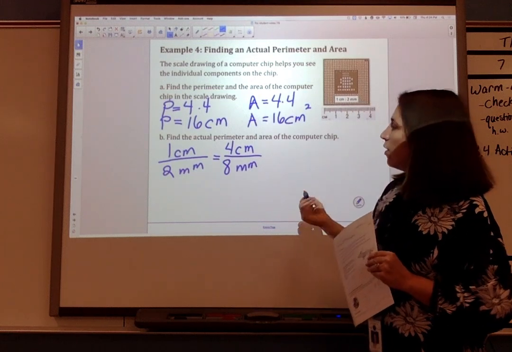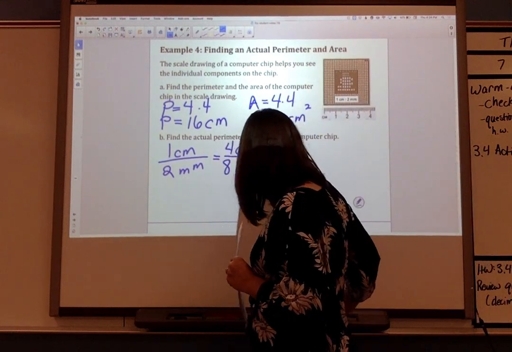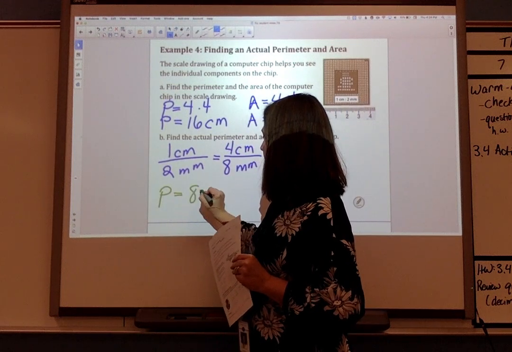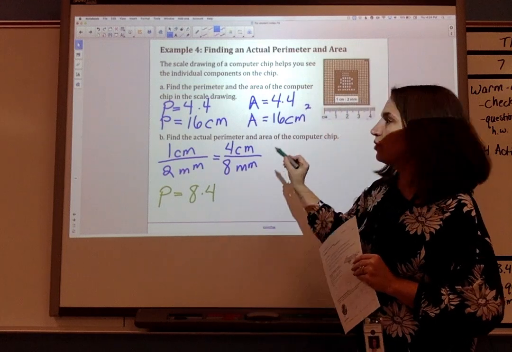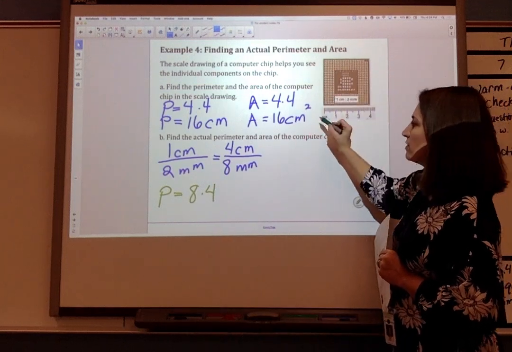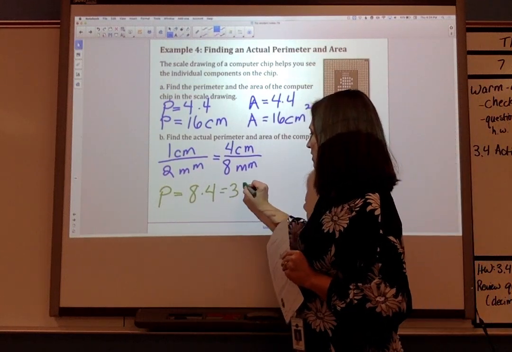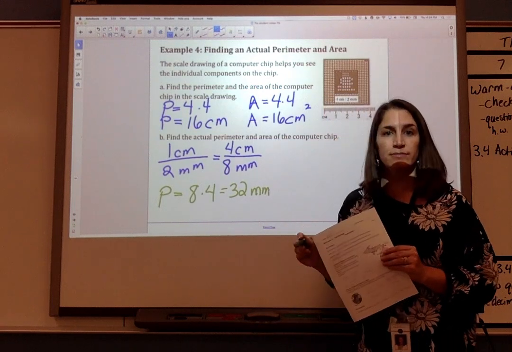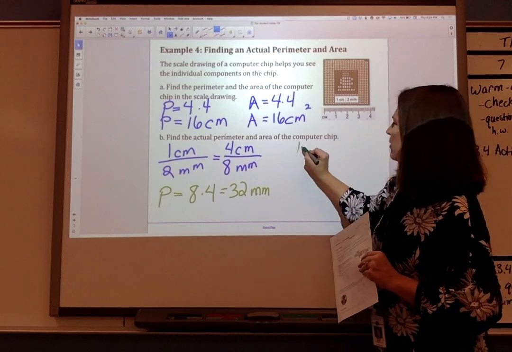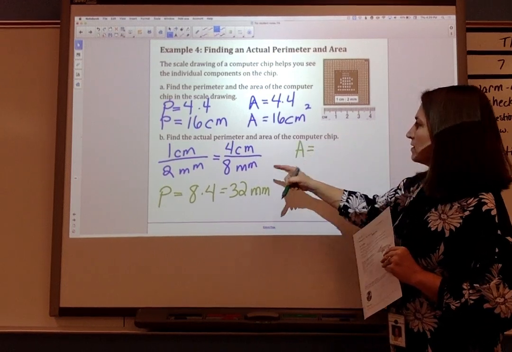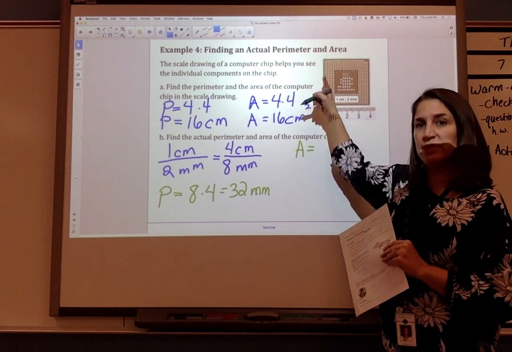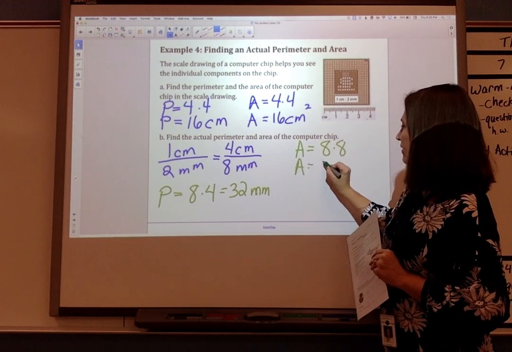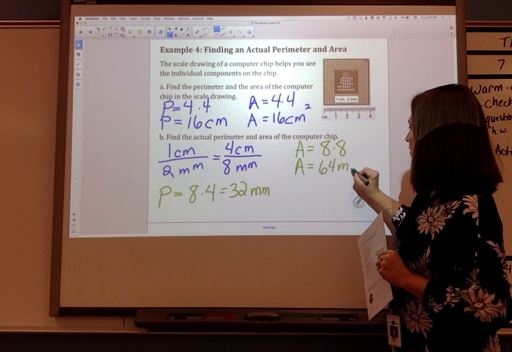Okay? So our perimeter is a different color, so it's not all blurring together here. Our perimeter would be 8 times 4. 4 sides that are each 8 millimeters long. So that's 32 millimeters, linear millimeters. And then our area is going to be 8 millimeters times 8 millimeters. So that's 8 times 8. So our area is 64